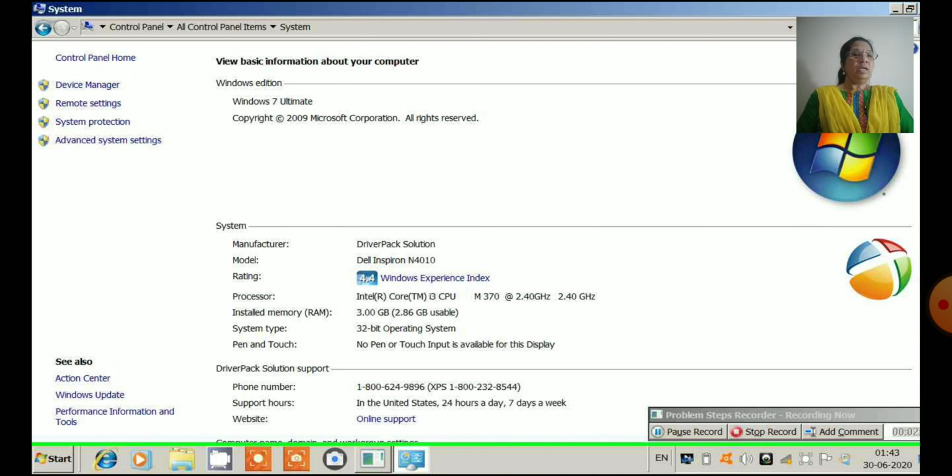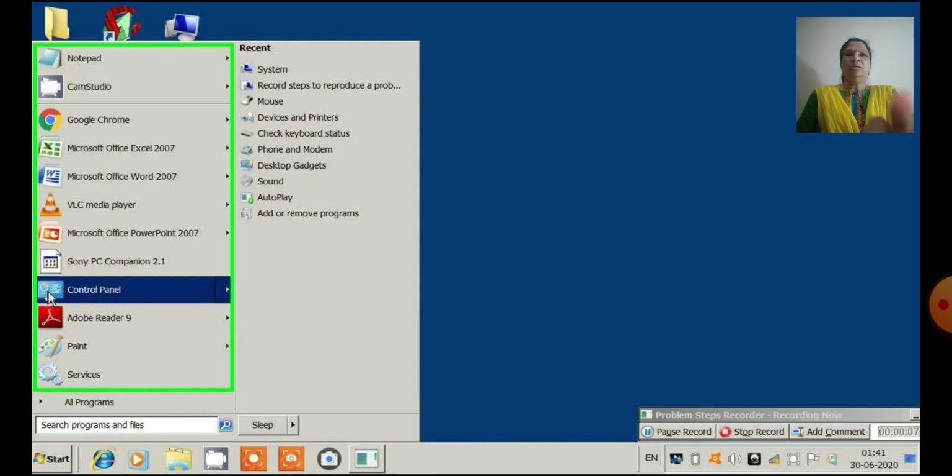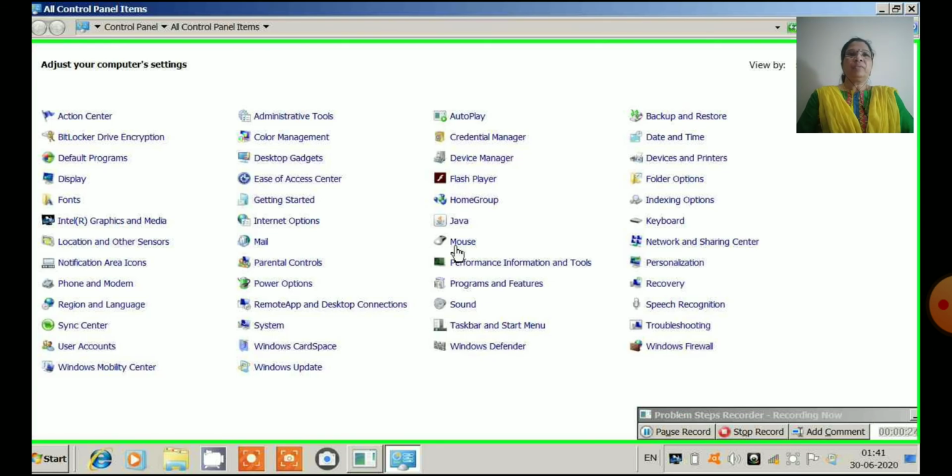Okay, so now the keyboard is hardware. The keyboard has to work, the mouse has to work properly, right? So we need software. Where is the software? So click on Control Panel. In the Control Panel, you can see all the software is there.